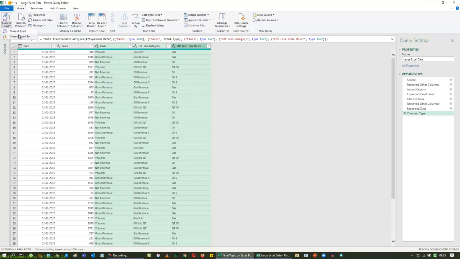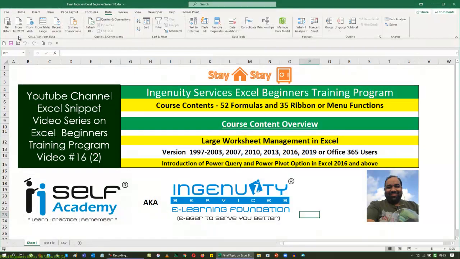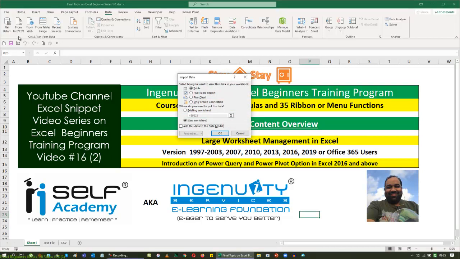Now I'm going to use Close and Load To, because when I give Close and Load here, the system automatically adds the data to my Excel sheet. Unfortunately, my data is not of a size compatible with Excel, so it's going to go beyond my Excel, so I may not be able to use the first option. I have to use the second option. So the second option, I'm not going to add this table to my sheet. I'm going to add the connections alone. So I'm going to say create the connection between the 3 files, and please add my data to my data model.